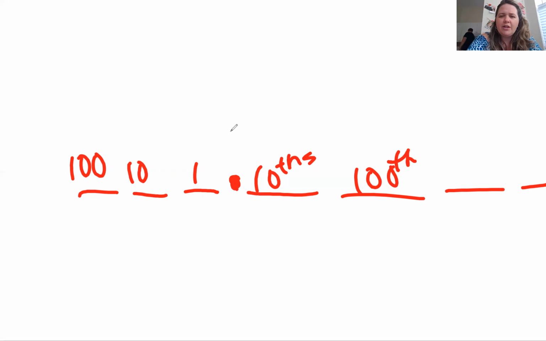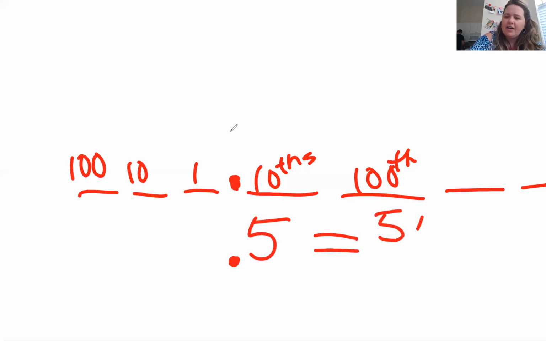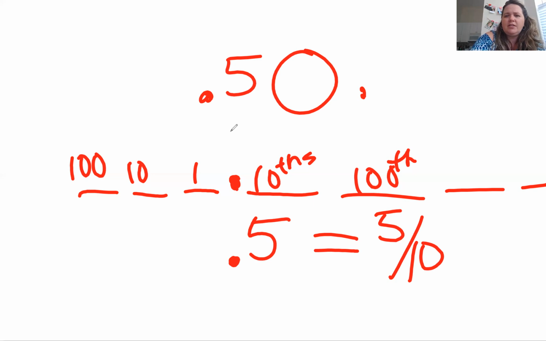But the next thing we learned is how to say them. If I was to have a decimal that looked like this, 0.5, I learned that it can also be written as a fraction, 5/10. After we learned how to do that, we learned how to compare them. So if I have 5/10 and 6/10, we learned that 6/10 is greater than 5/10 because 6 is more than